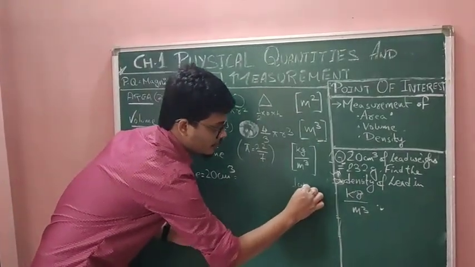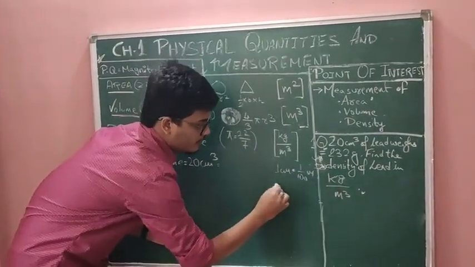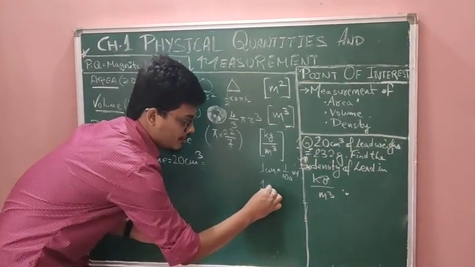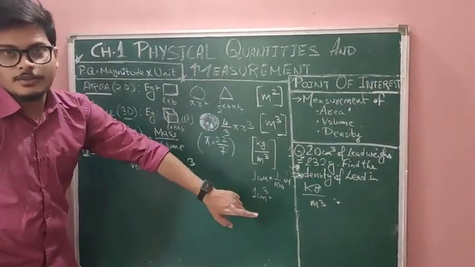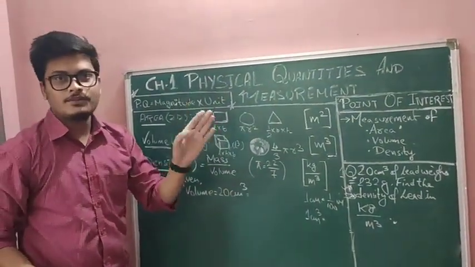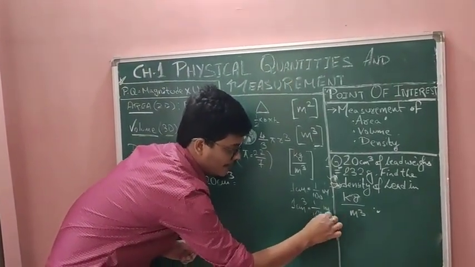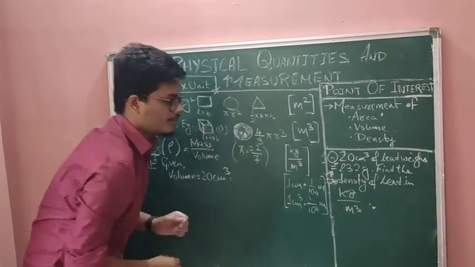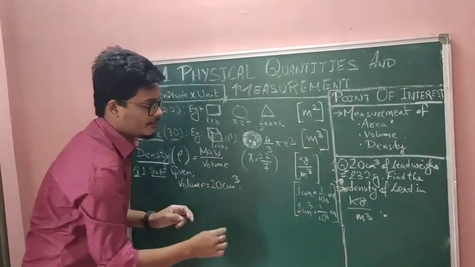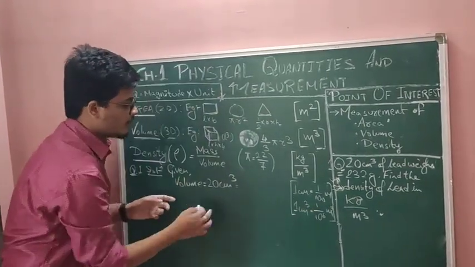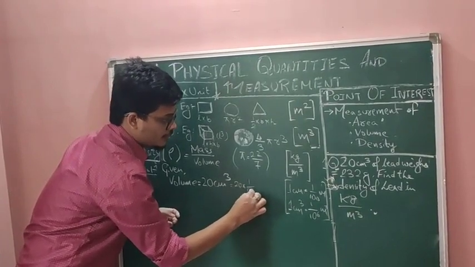We know that 1 centimeter is how much? 1 centimeter is 1 by 100 meter. So 1 centimeter cube will be 1 by 100 into 1 by 100 into 1 by 100. That is 1 by 10 to the 6. I am simply writing 1 by 10 to the 6, it will save my space also. So if 1 centimeter cube is 1 by 10 to the 6 meter cube, then 20 centimeter cube will be 20 into 1 by 10 to the 6